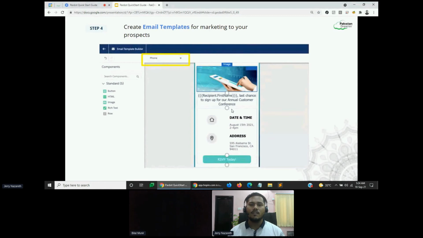Previously it was kind of hard to customize the layout, maybe for a responsive form. It was a little different from this one, I would say. Not very hard, but a little different in terms of look and feel. But now they have a new one, and you can go ahead and check that out. You also have